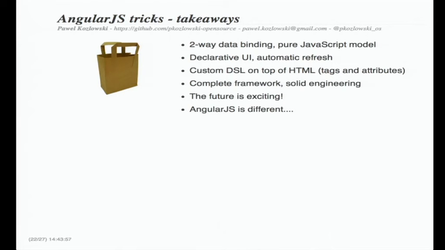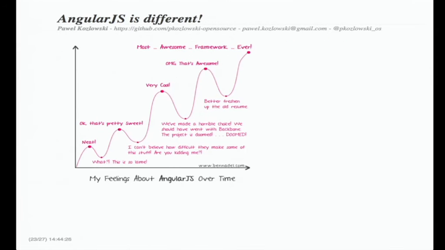And then on top of this, we can create our own HTML-based language and work on our UIs using higher level abstractions. The framework is very stable, and the whole engineering around this is taken very seriously. And I'm really excited about the future. I mean, there are probably many things that we are going to see in the coming years in the browsers, like some of those concepts that we see today in Angular.